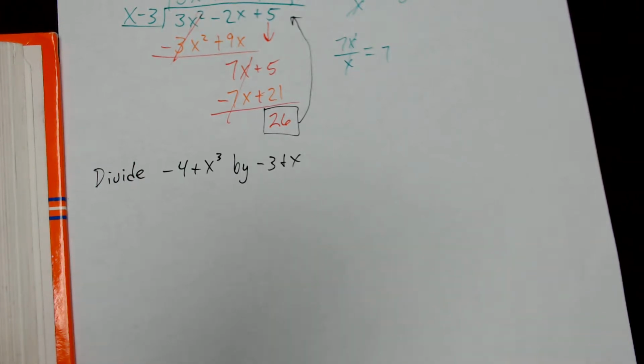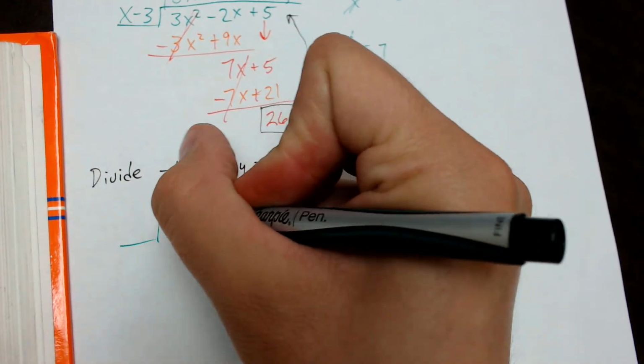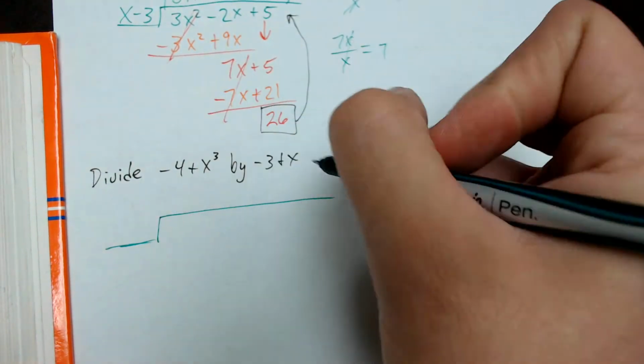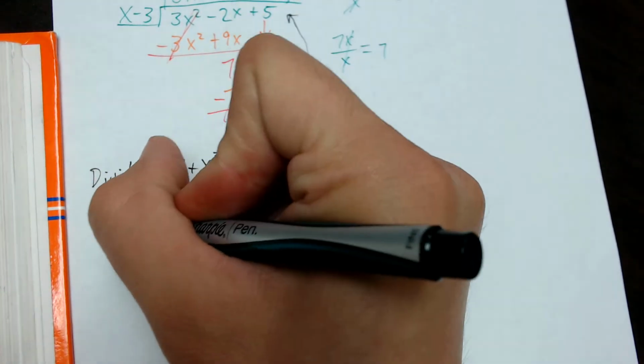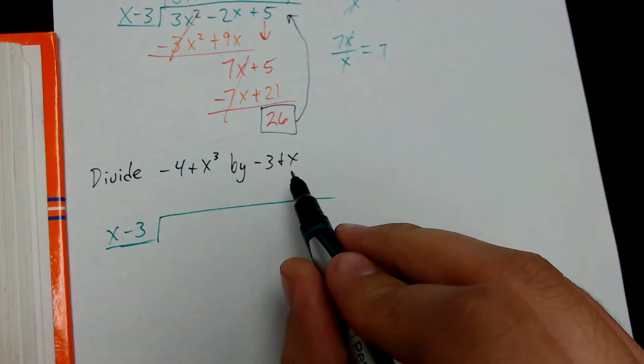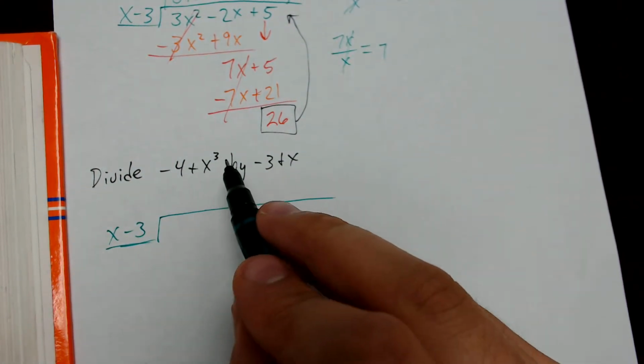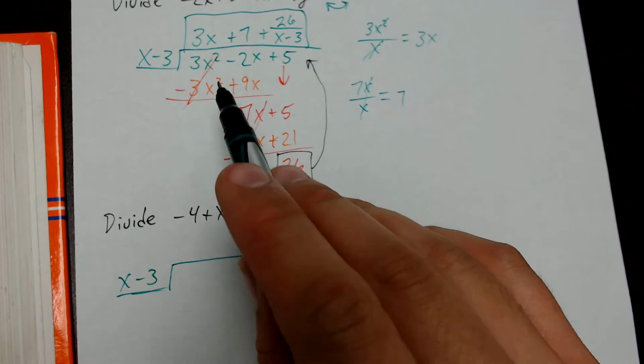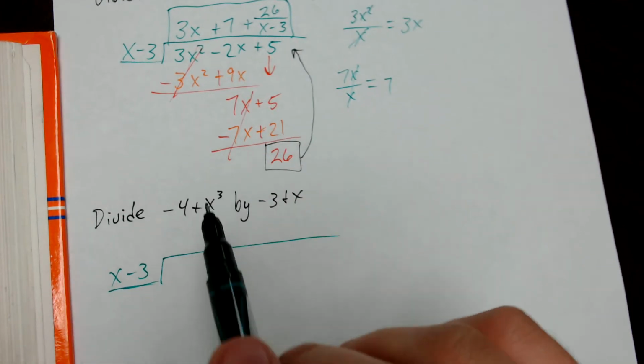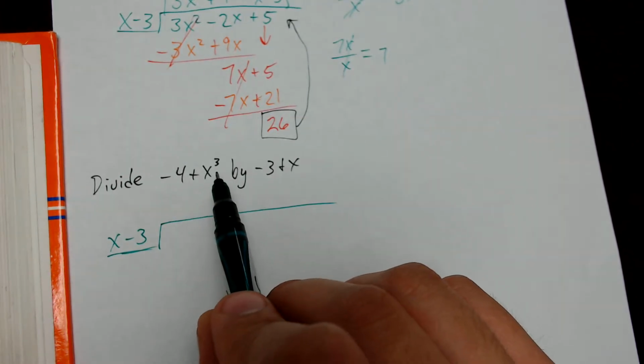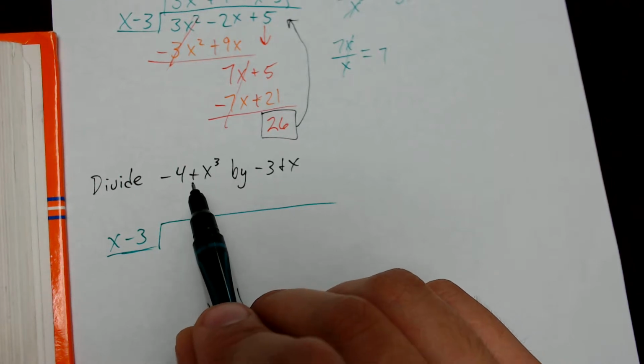Again, I have to put them in descending order. So I'm going to draw my division table. And then I'm going to start by putting this as x minus 3 instead of -3 plus x. Now, this one is tricky. Remember I told you in descending order you have to put x2, x1, x none. Now, if you get a polynomial like this, where there is no x2 and there's no single x term, we